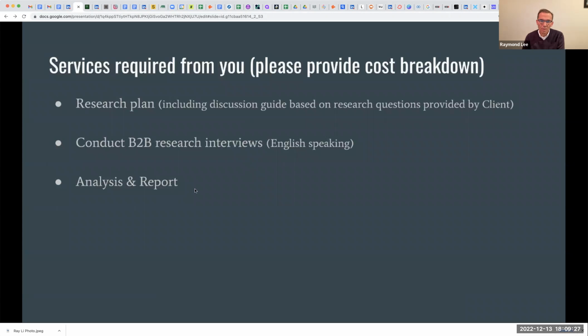a report. So our task is to come up with a bid for this project as a way to practice how you would provide a bid. And then once you come up with a bid, I'm going to show you 2 other actual bids and you can compare your bid to those bids. So I'm just going to have you try to do this right now.